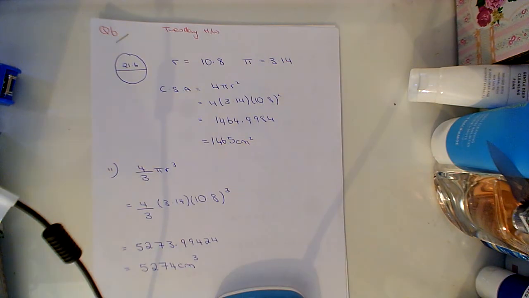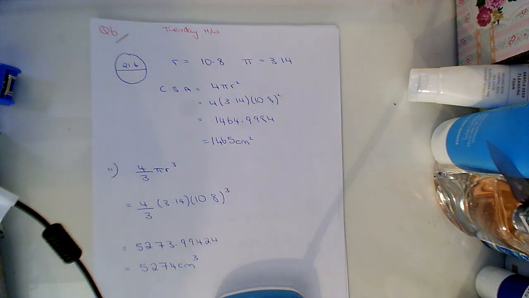Okay, so I'm going to correct the homework questions 6 to 10. Question 6 says a spherical ball is made from a sheet of plastic. The diameter of the ball is 21.6 centimeters. Pi is 3.14. Find the material used to make the ball. So that is the curved surface area of the sphere, and the formula for the curved surface area is 4